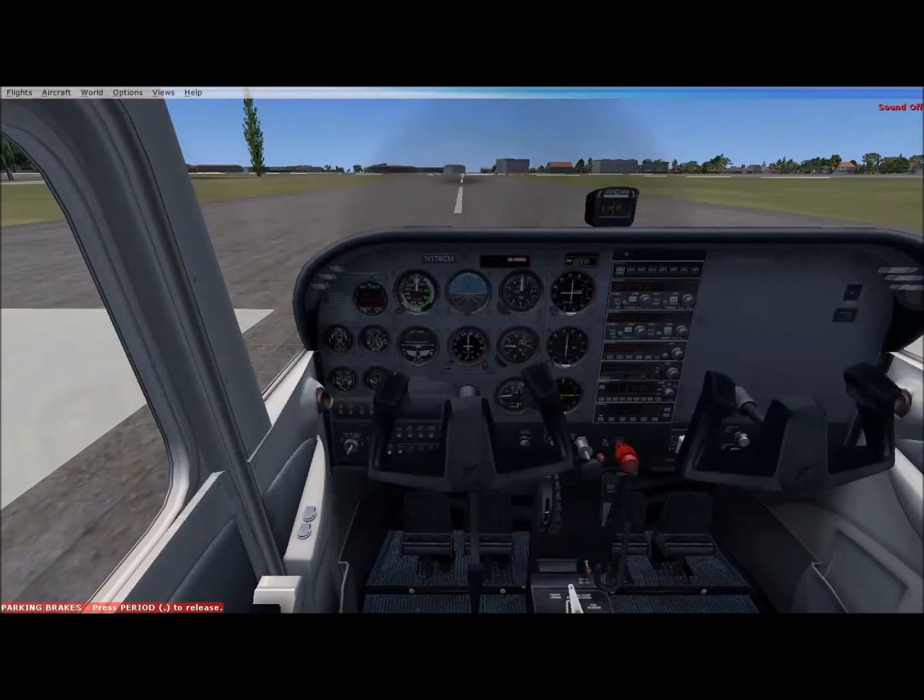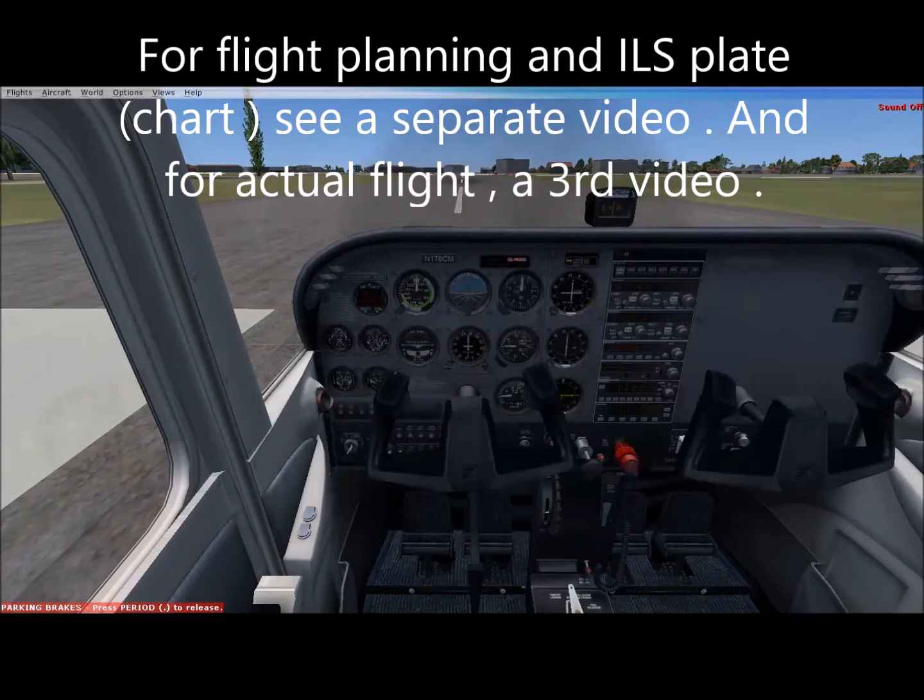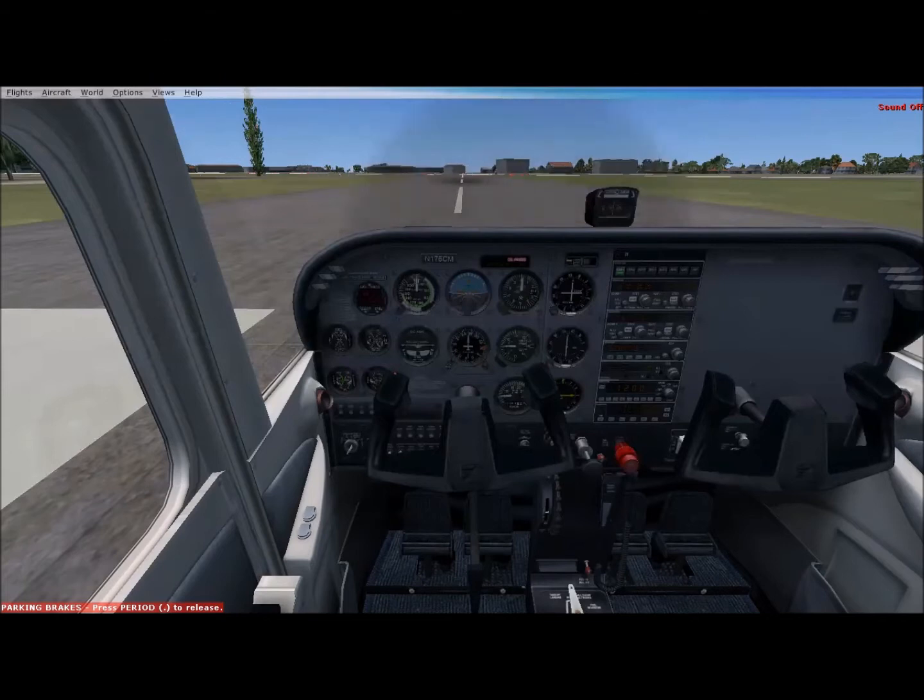We are in a Cessna 172, a basic trainer plane. Now we are on runway 26 in Juhu. From here we will take off and come and land on runway 27 in Mumbai International. Let's first get familiarized with the aircraft, the controls, the avionics, how they work, and we will also make a flight plan.